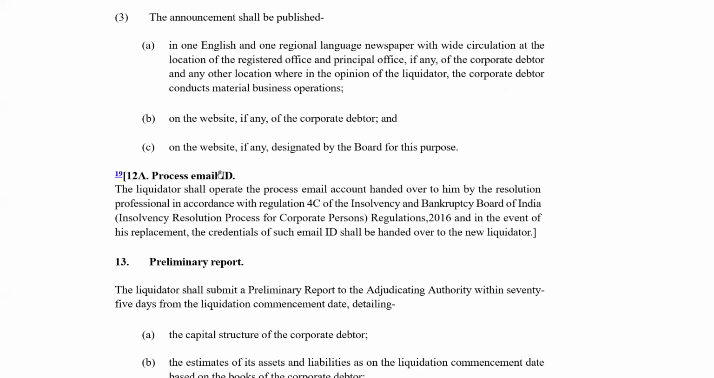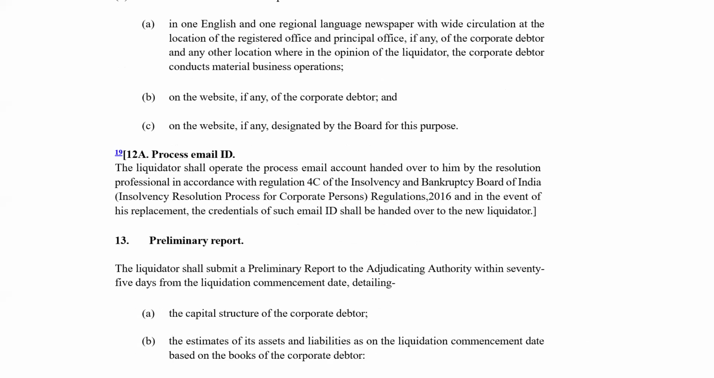एक्सटॉर्शनेट क्रेडिट ट्रांजैक्शंस, पब्लिक अनाउंसमेंट बाय लिक्विडेटर इन फॉर्म बी। ठीक है, within 5 days। और पब्लिक अनाउंसमेंट में क्लेम्स वगैरह इनवाइट करेंगे। उसके बाद प्रोसेस ईमेल आईडी। The liquidator shall operate the process email account handed over to him by the RP। आरपी ने भी अपना प्रोसेस ईमेल आईडी अकाउंट बना रखा होगा, तो ये इसको हैंड ओवर कर देगा।